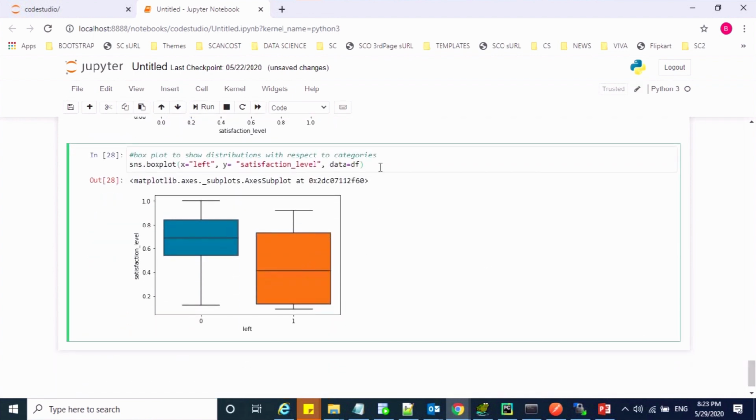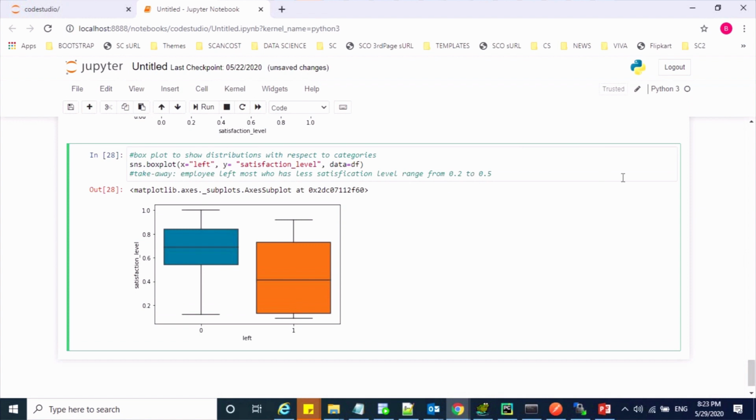So what is the takeaway from this box plot? You can see the satisfaction level is very low, from 0.2 to around 0.5, so it has a high churning rate, right? Let's note it down.